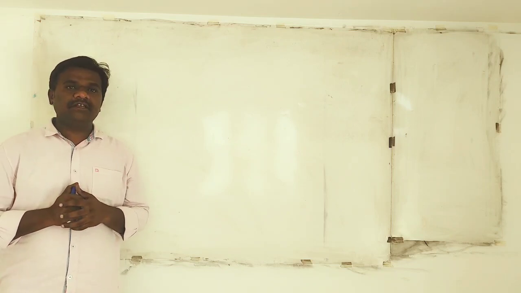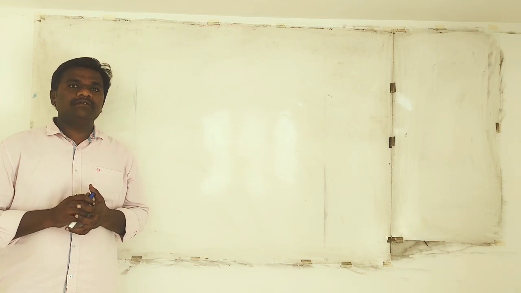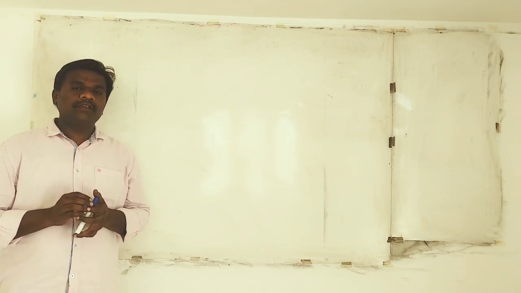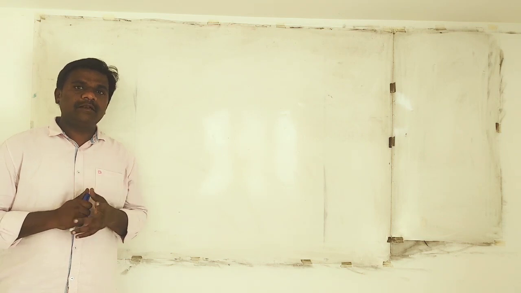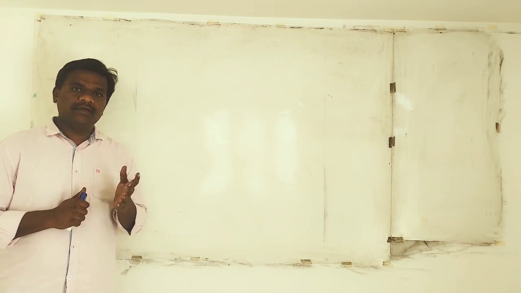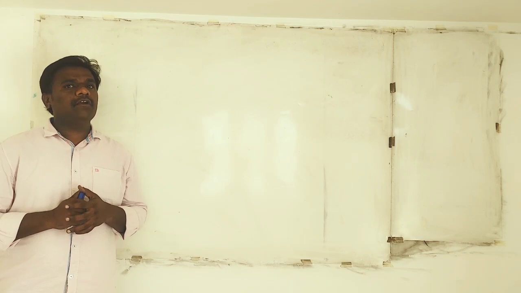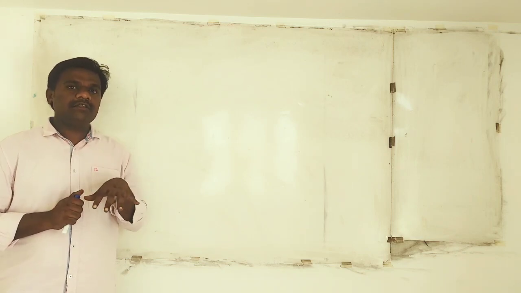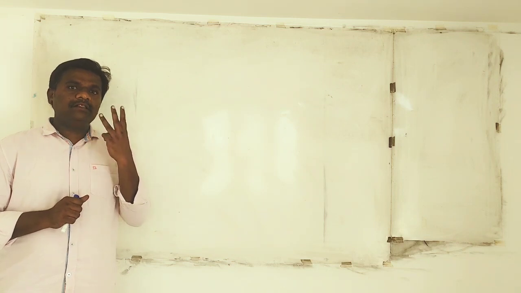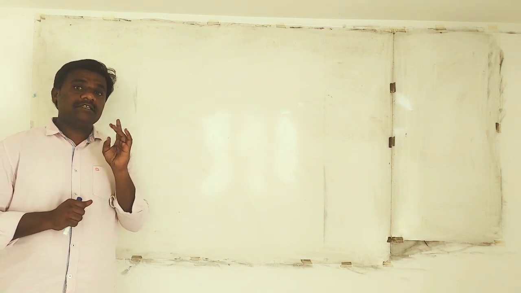This is class number 3 of the objective session, which belongs to the lesson AC currents. In the last two sessions I have discussed some questions and synopses based on the fundamentals, followed by some single element circuits and then complex circuits where we take two elements together. Now in this session I will go with all three elements taken in series, which is known as the LCR series circuit,